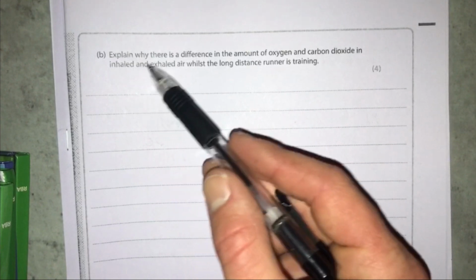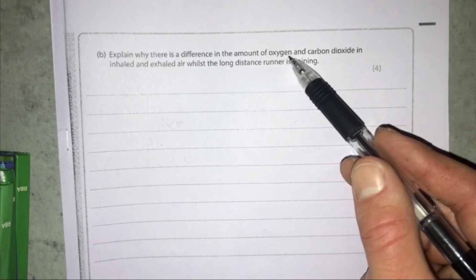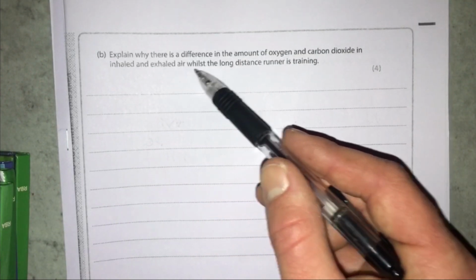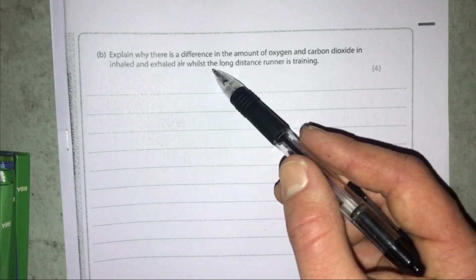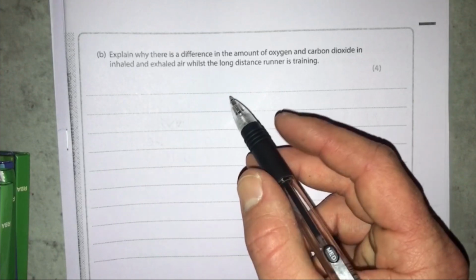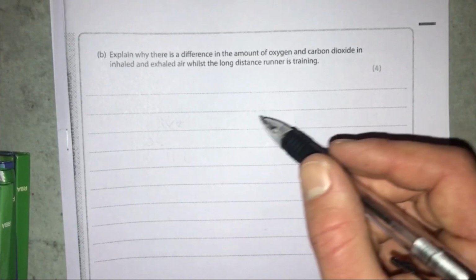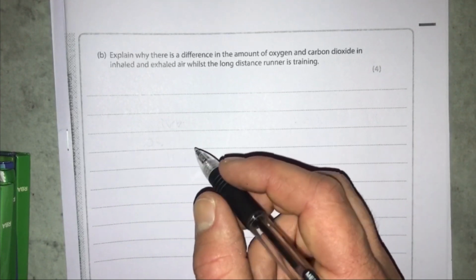So part B asks us to explain why there is a difference in the amount of oxygen and carbon dioxide in inhaled and exhaled air whilst doing the long distance runner. Whilst the long distance runner is training. So here we have to explain, and we're going to say what's going on with the oxygen and how or why, and what's going on with the carbon dioxide and how or why. So we have